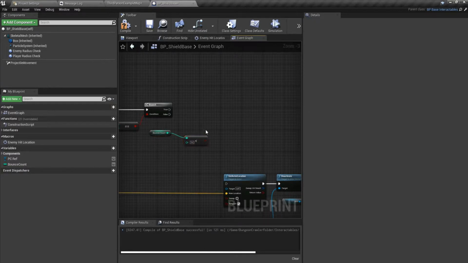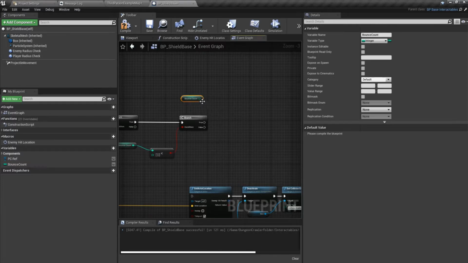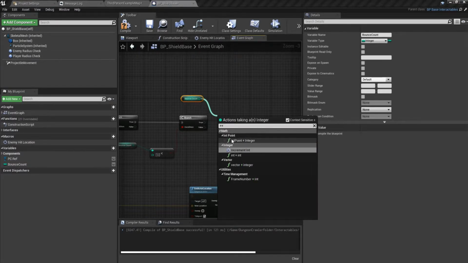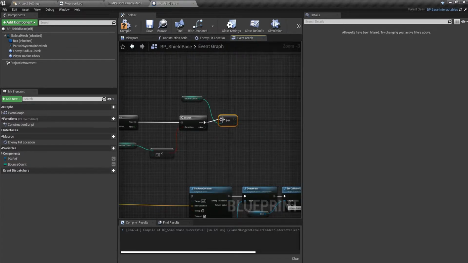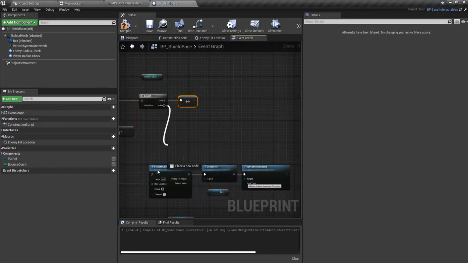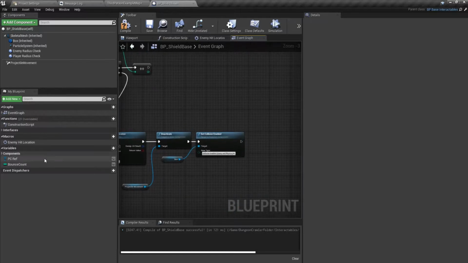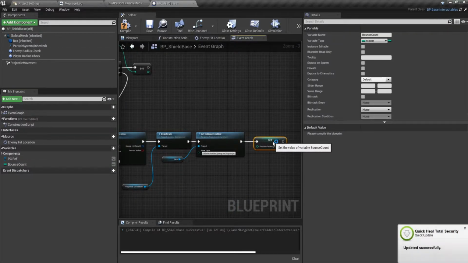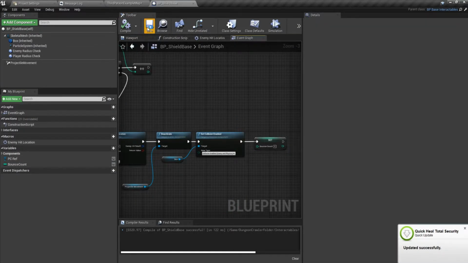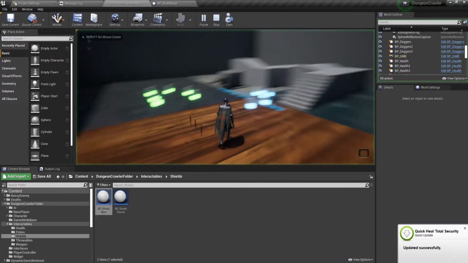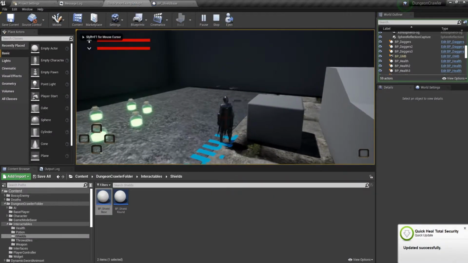Okay, if it is less than 10, we will increment this bounce count. Okay, and once it is false, once it is greater than 10, we will set it over here and set the bounce count to 0 again. Okay,